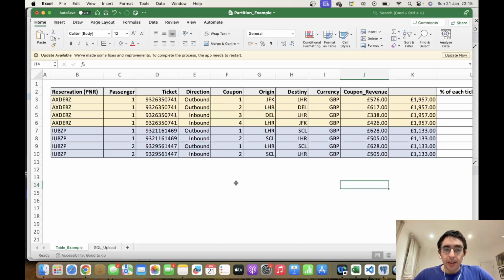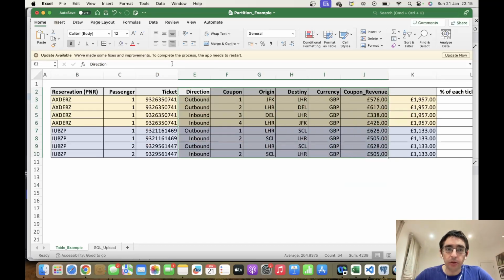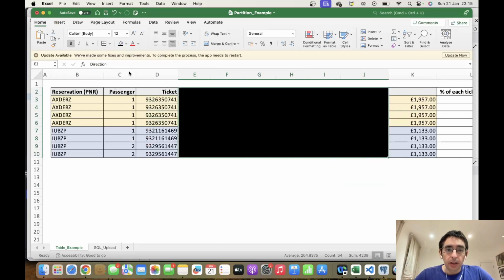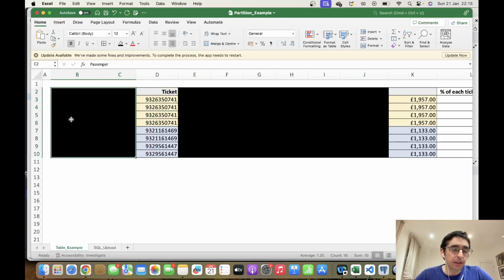So we will tell the engine that we don't want it to be concerned about grouping the variables. So we are going to tell the engine to forget about what it has on columns B and C and between E and J, and